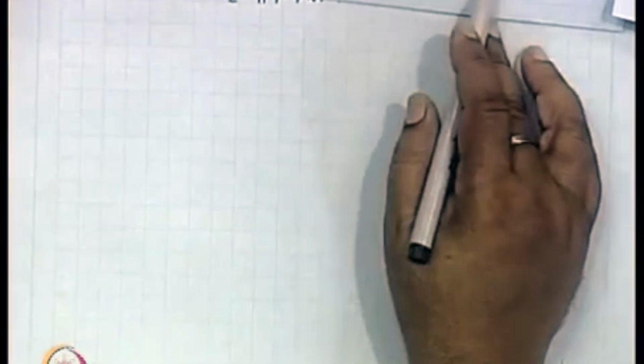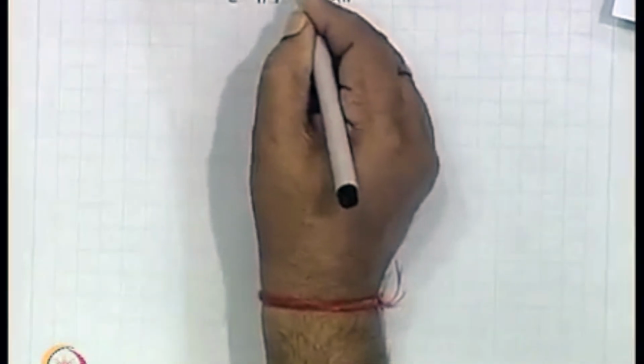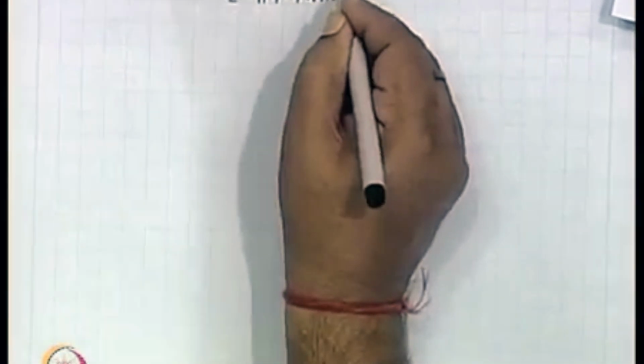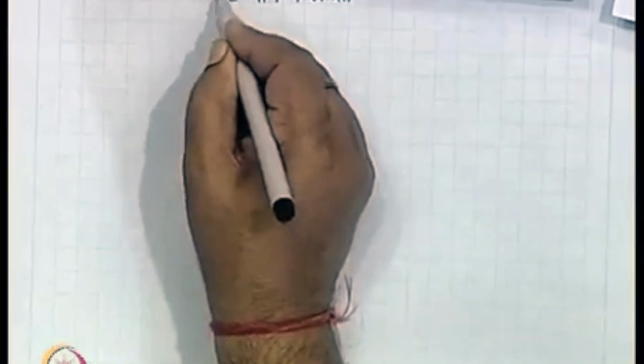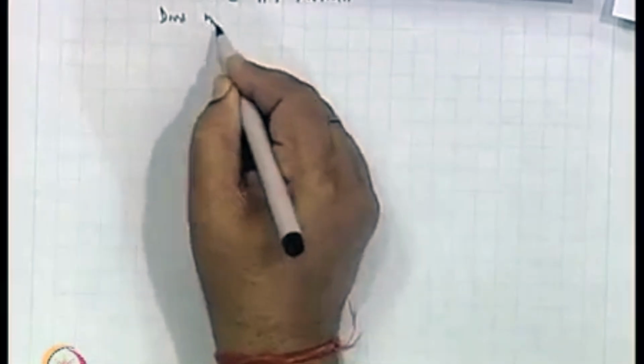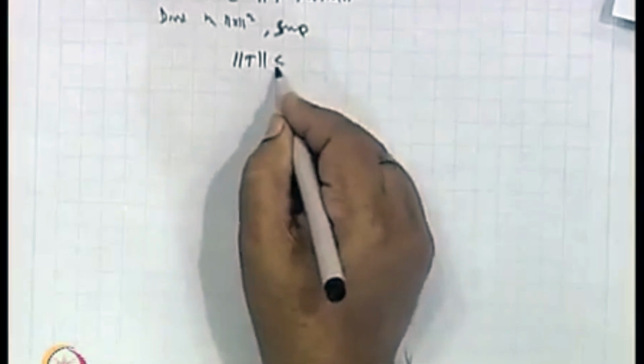Further it will be less than or equal to this, and we get norm of T star T divided by norm x square. So divide by norm x square and take the supremum. So we get norm of T is less than or equal to